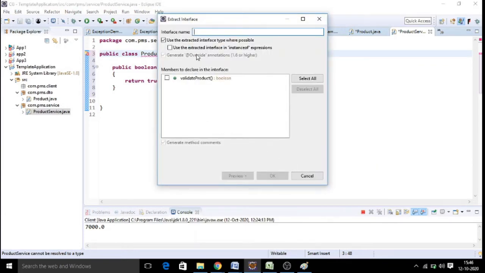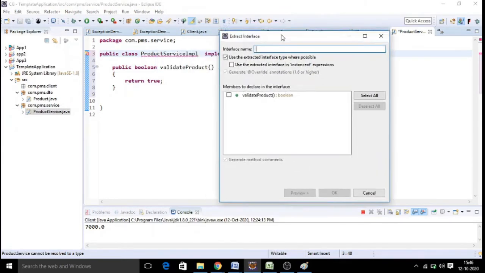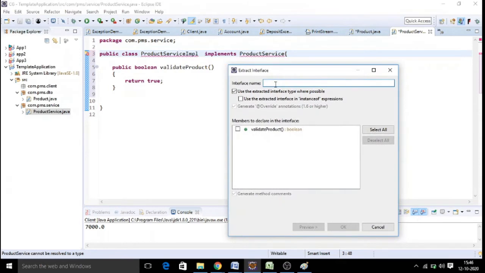When it asks what interface name you want to maintain, I want my interface name to be product service. And what method do you want to make abstract in the interface, the validate product method.